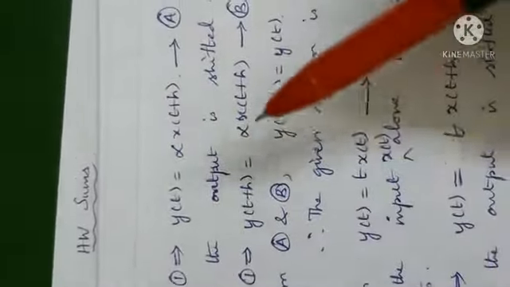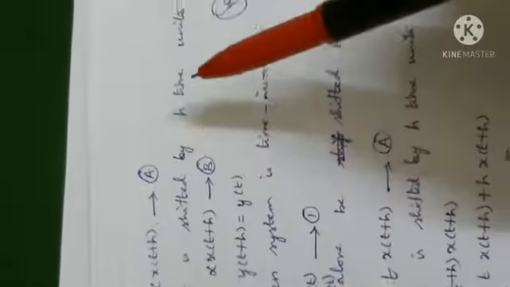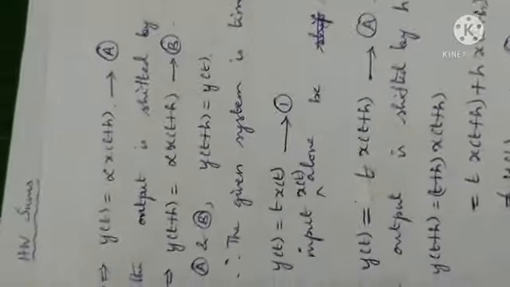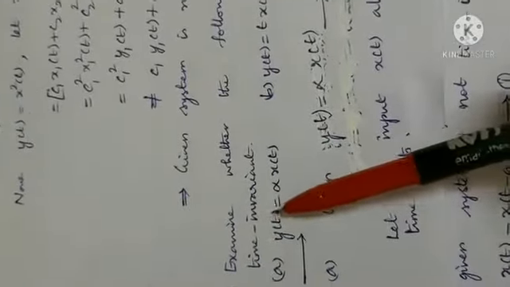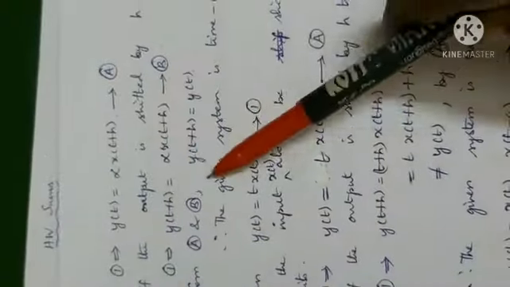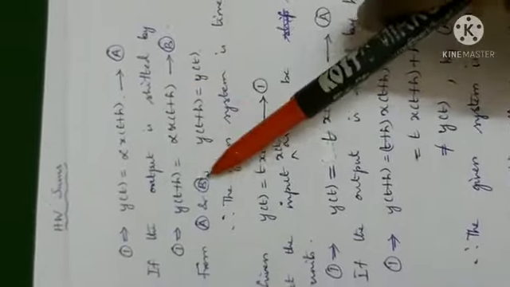Okay. Next, listen here. If the output is shifted, I have assumed input alone be shifted, but here you cannot see those words. Output is shifted in h time units, right? So output is shifted to t plus h. Wherever t, we will replace t plus h. So y of t plus h equal to alpha into x of t plus h.